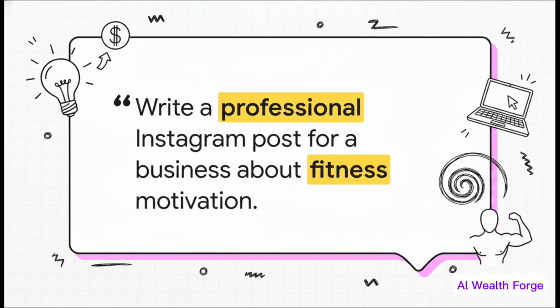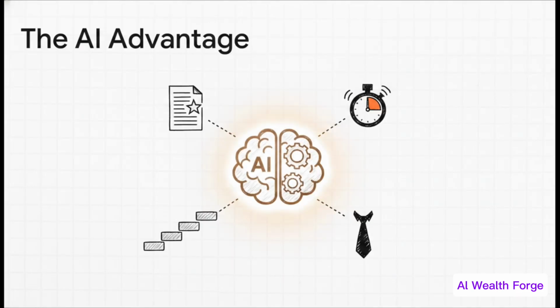And just look at how easy this is. Seriously, this isn't some secret, complicated prompt that only a genius could figure out. It's just a simple, clear sentence you type right into the AI. You're literally just asking it for what you want. And boom, that's the magic right there. In just a few seconds, you've got top-notch professional content. You don't need to be some expert writer or have years of experience. The AI does all the hard work for you, spitting out quality stuff that's good to go.